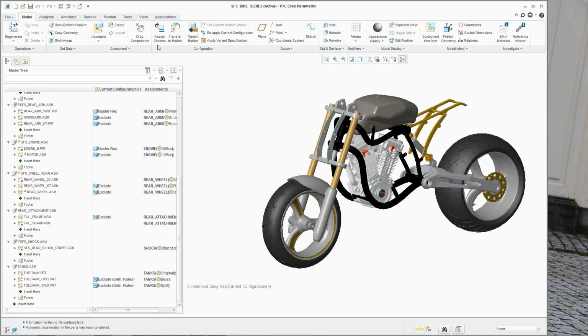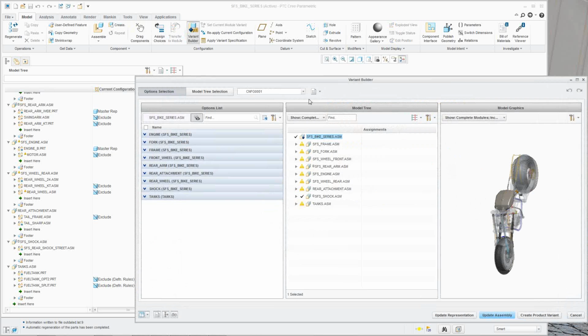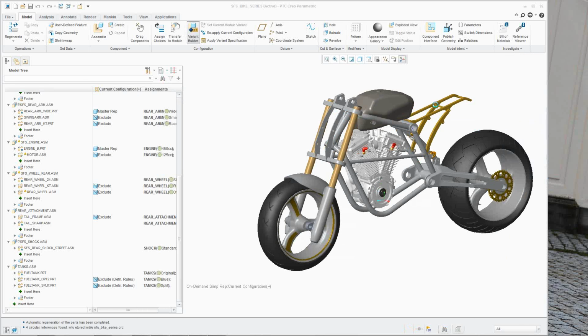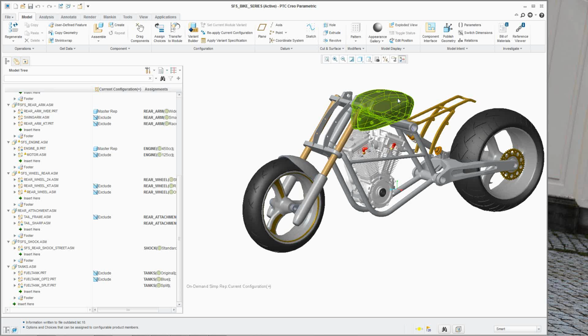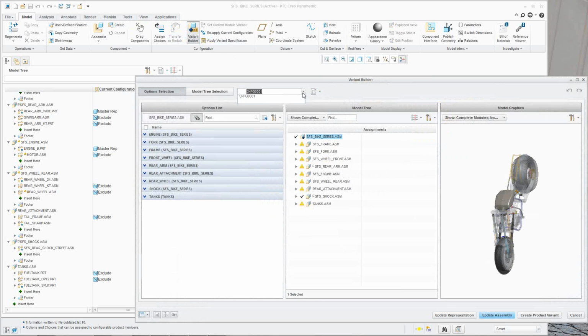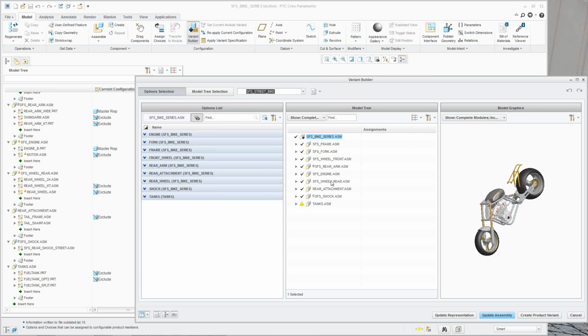So what I'm going to do is go back into my variant builder, go back to my predefined ones, being the street bike, and I'm going to go in now to tanks, and I'm going to change that to being the split tank. Update the assembly. Yes. That didn't update. Why didn't it update? Oh, I overrode what was there. Shoot. I didn't mean to update. But because it's so easy,